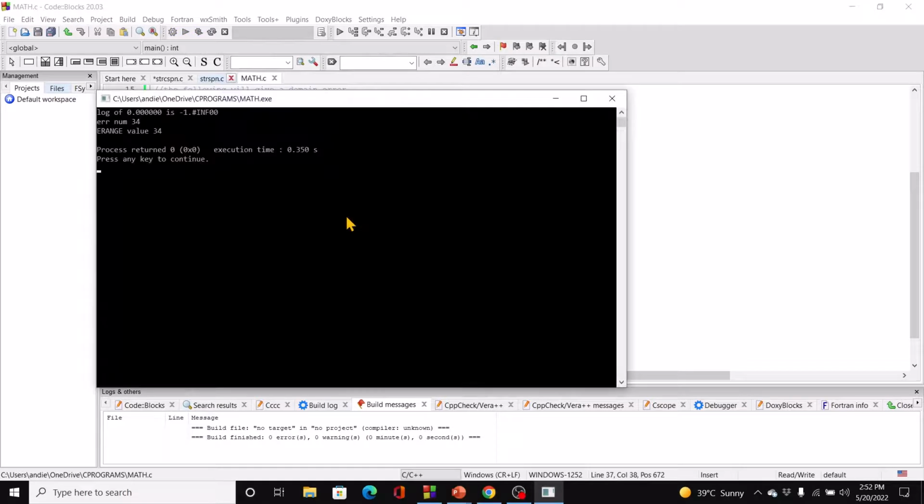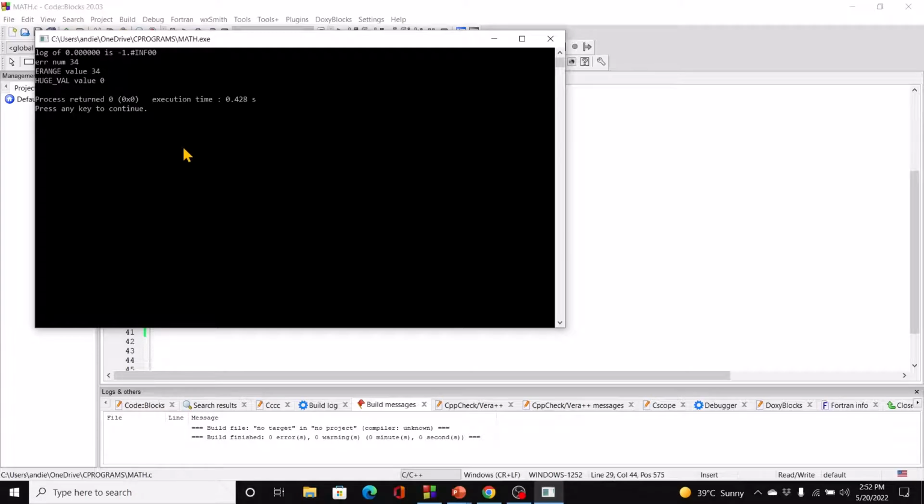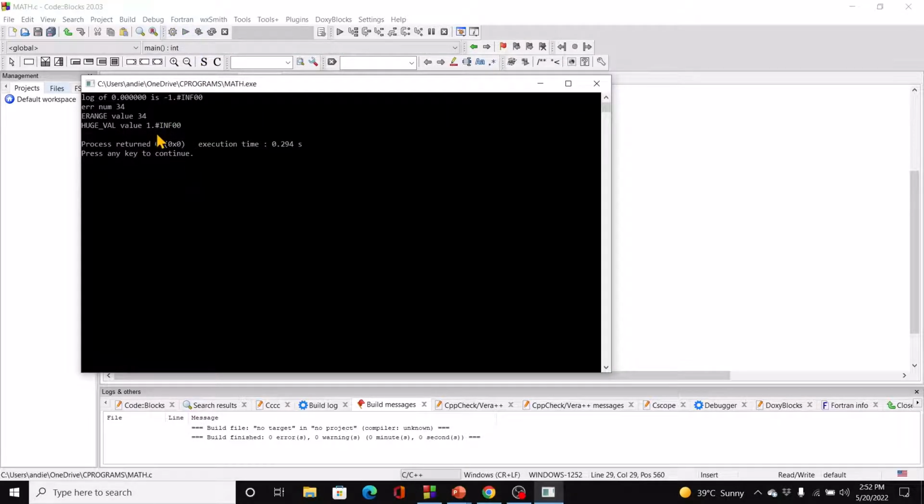When we run that, you saw we got an infinity, right? Now mark that value, because when I print out huge val, you will see that both are the same. Okay, so why is that a 0? Because I said %d, it should be %f. Okay, so now you will see it's the same, but you can see that's a positive infinity,